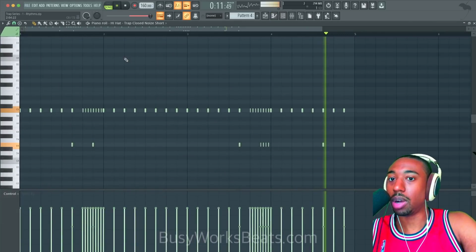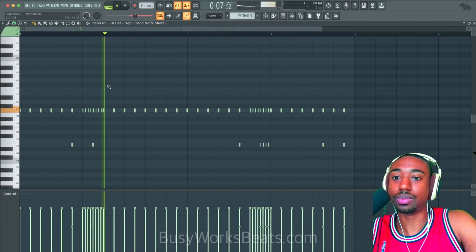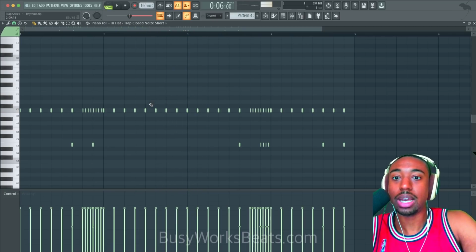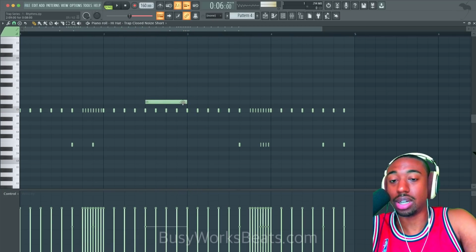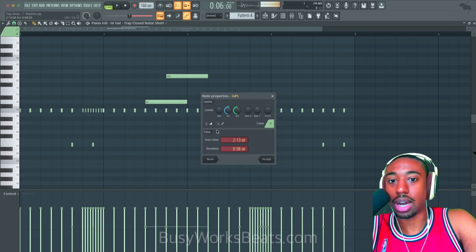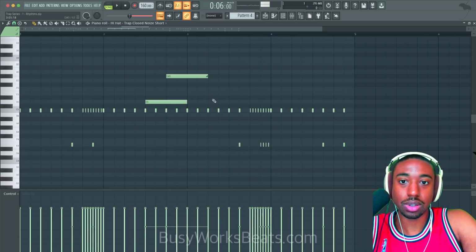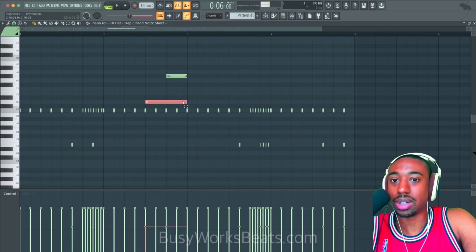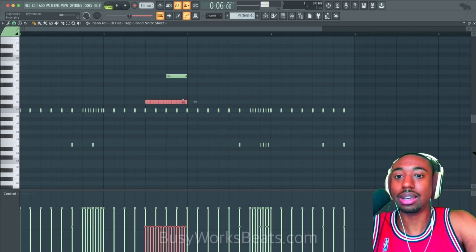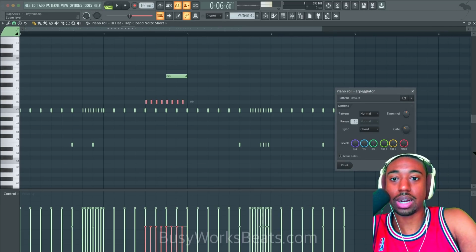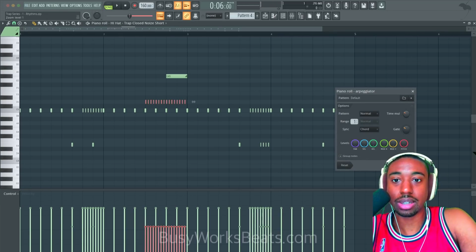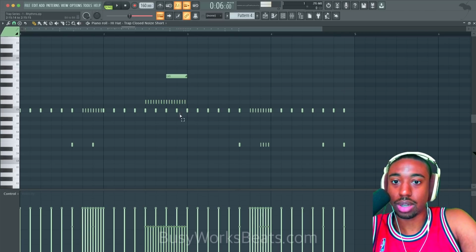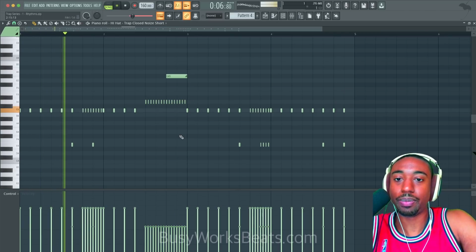So sometimes you need multiple things going on with your hi-hat roll. You just need a lot of stuff going on. Now you could do a bunch of things. You could pitch it up. I mean, you can get weird with your hi-hats. You can even add a slide note in FL Studio. This is for more experimental stuff. I wouldn't say this is a technique, but for example, I'll just show you right here. We could do a pitched up effect by using that slide note, and I'll get rid of all these notes.